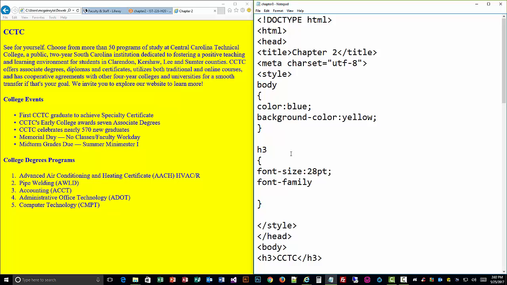So you put first the recommended font that you want to use, and you also have backup fonts that the website can use if that particular font is not available on the user's computer. So I'm going to say font-family colon,